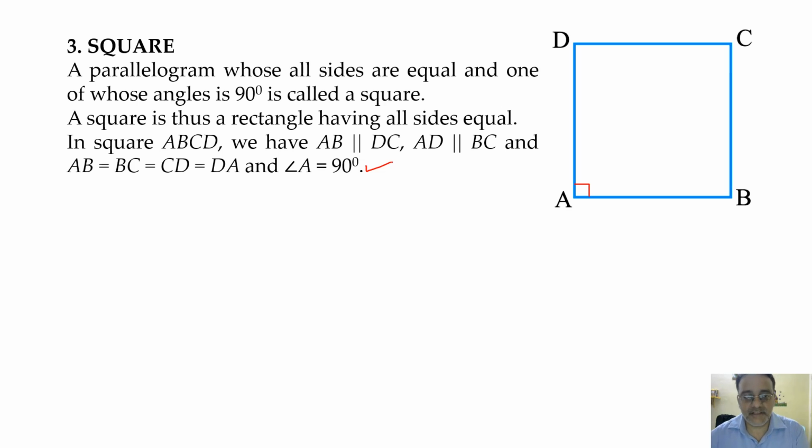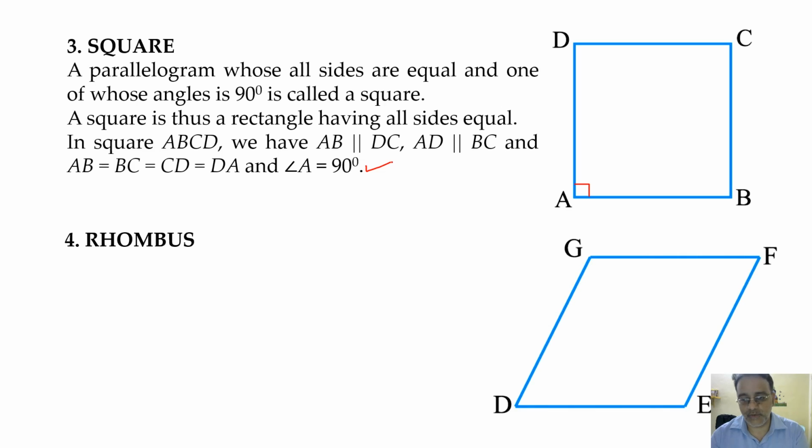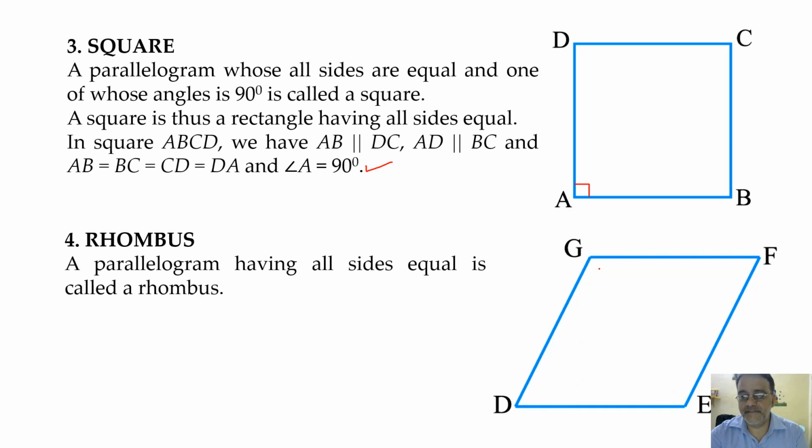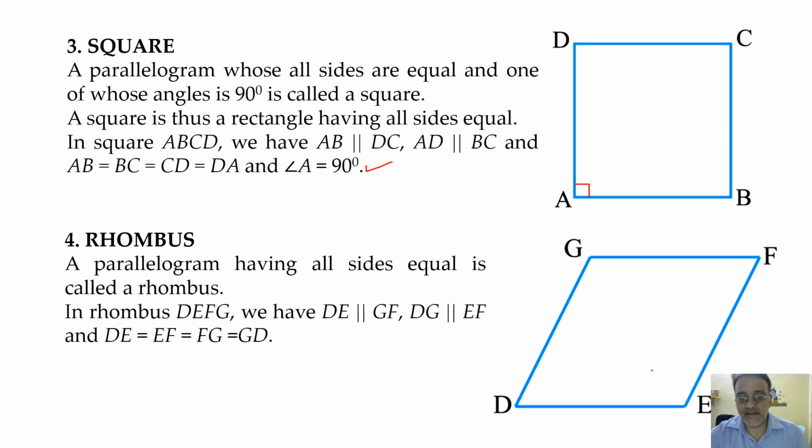Now coming to the next type, rhombus. Rhombus is a parallelogram in which all sides are equal. So in this figure, DEFG is a rhombus. So DE, EF, GF and GD, all four sides are equal. And since it is a parallelogram, opposite sides are parallel. So DE is parallel to GF and DG is parallel to EF. Okay,